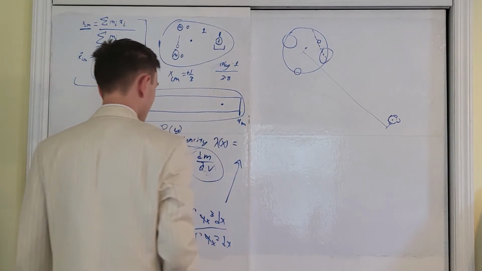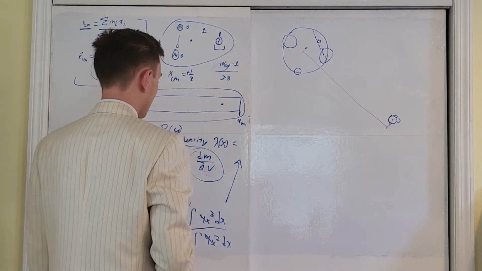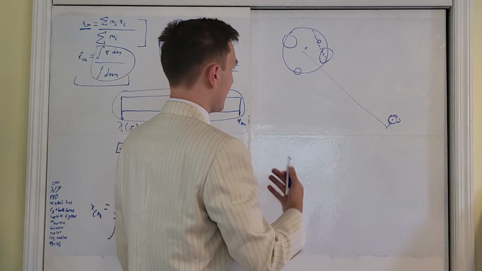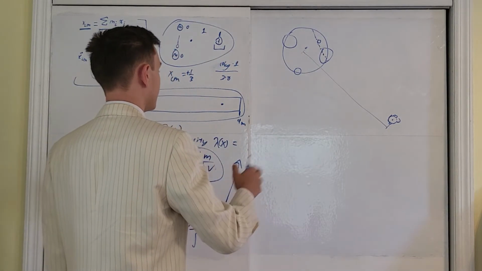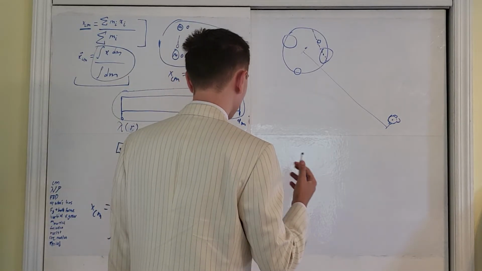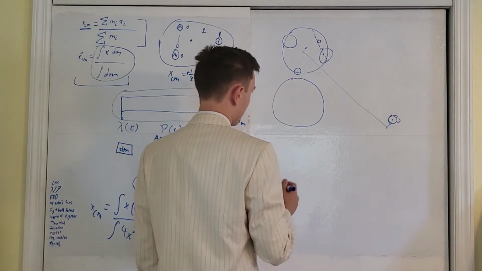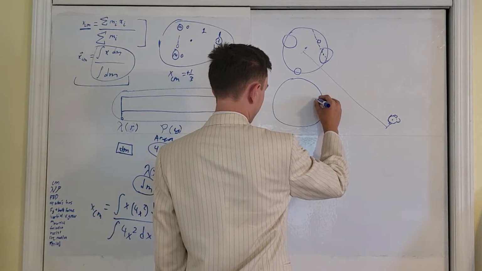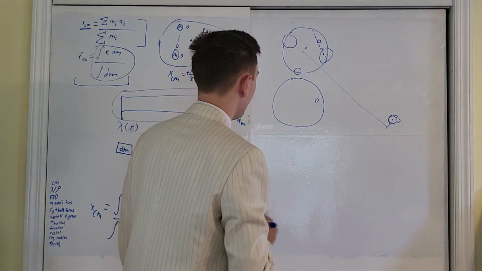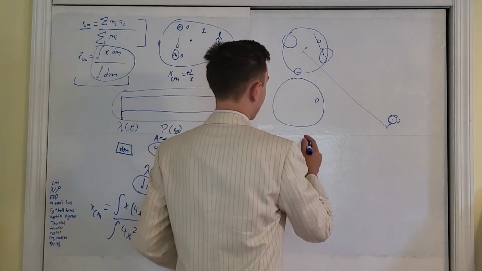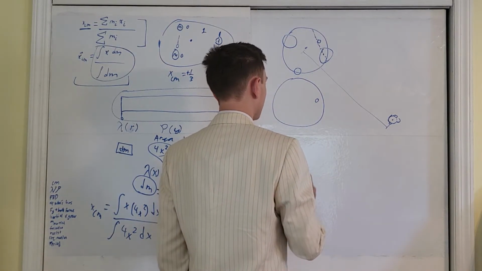Okay? So here is where we need to consider what fraction of the mass is contributing to a net inward pull. Okay? Because a gravitational force is always an attractive force. So the way we analyze a problem like this is, let's say I have an object right here. I would need to calculate the amount of mass that is still pulling me towards the center of the Earth, okay? So